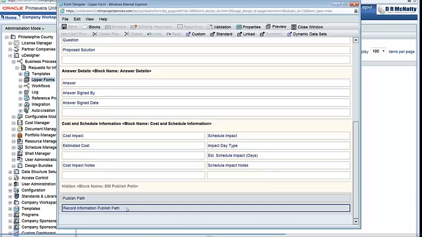So with these two, as I was saying before, we can save to the document manager both the attachments of the RFI and the actual RFI record itself.